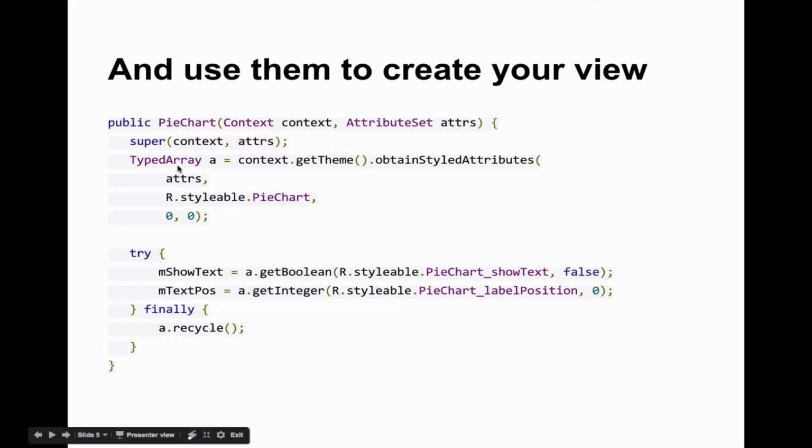You have to get a typed array a from the context, get the theme, and obtain the styled attributes. Attributes are styleable PieChart, 0, 0. This R.styleable.PieChart line